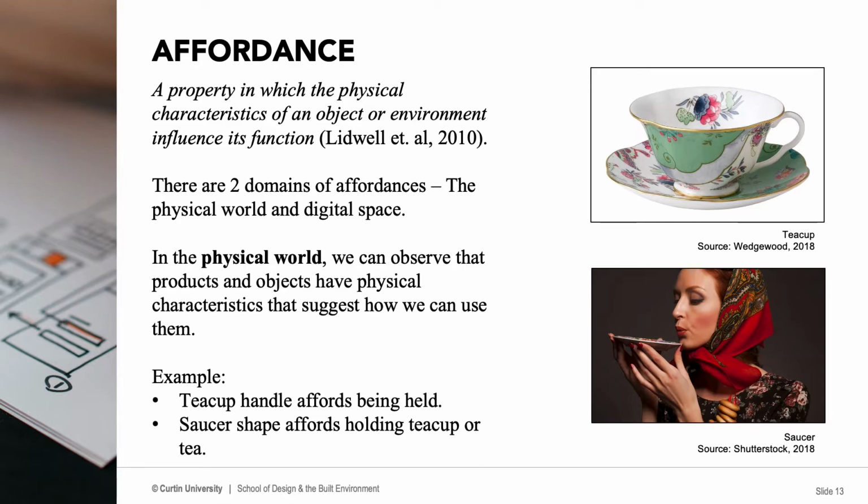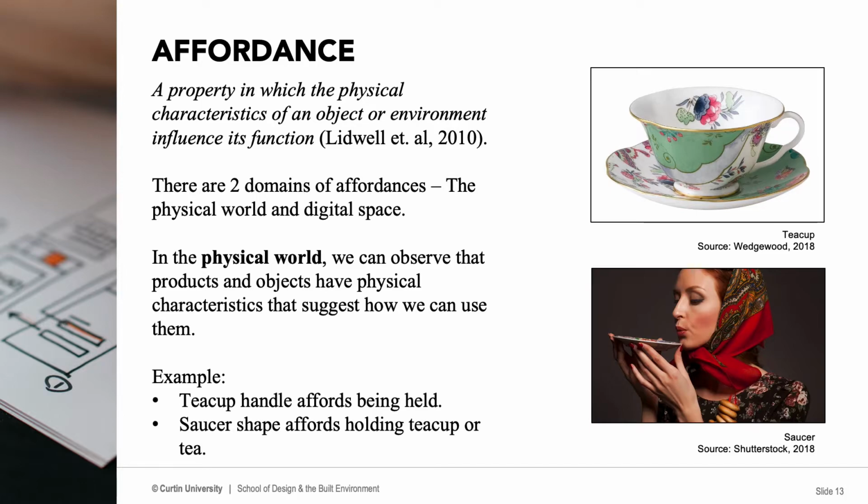Lidwell describes affordance as a property in which the physical characteristics of an object or an environment influence its function or hint to the users its function. Now, there are two domains of affordances, the physical world and digital space. So let's start with defining some of these ideas in the physical world to help you get an idea of how they will translate into digital space, which is mainly the space that we're working in